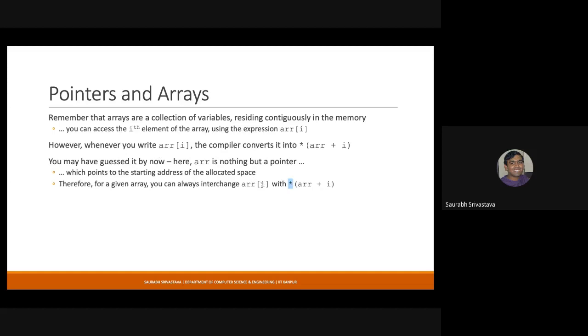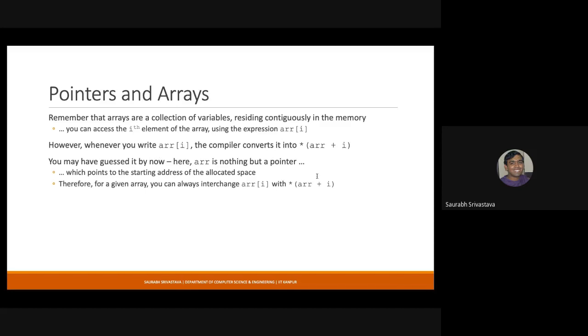And we saw in the previous revision lecture that this works because the memory is contiguously allocated. If ARR[0] is at 1000, ARR[1] is at 1004, ARR[2] is at 1008, and so on. This is why pointer arithmetic works well, because whenever you add 1 to ARR, it gets ahead by the size of the type of ARR.